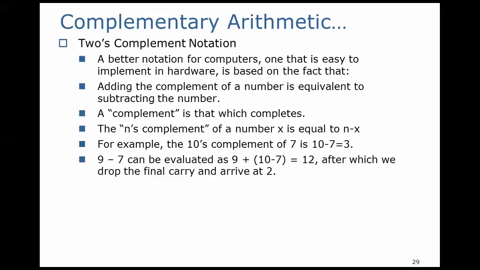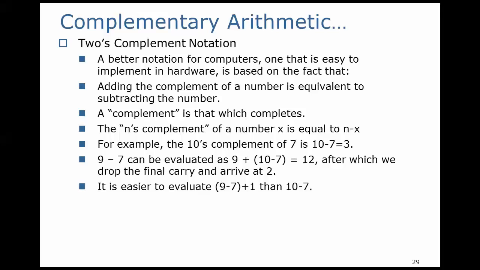So 9 minus 7, for example, could be evaluated by adding 9 and the 10's complement of 7. We would get 9 plus the quantity 10 minus 7, and that would give us 12. We would then drop the final carry to arrive at 2, which is the answer. Now, it's easier to evaluate 9 minus 7 than 10 minus 7, and the reason is that in 10 minus 7 you have to borrow. This becomes particularly applicable when you have